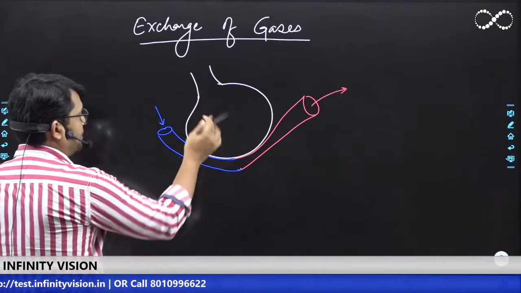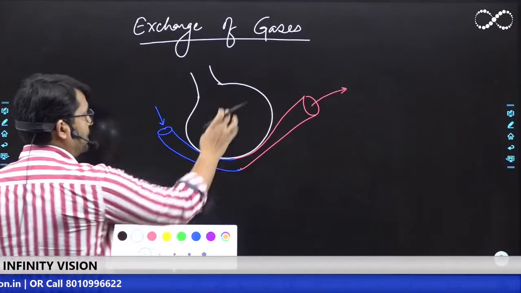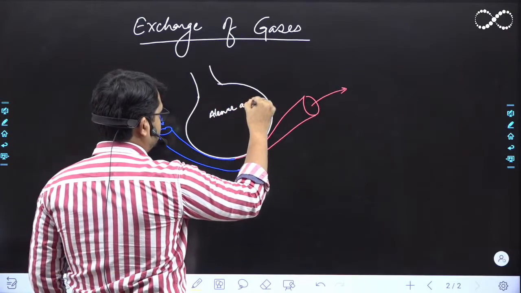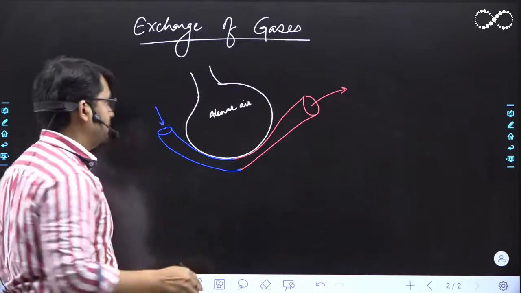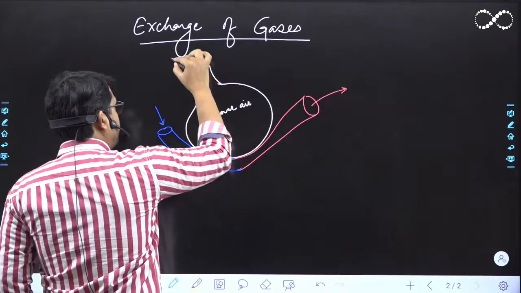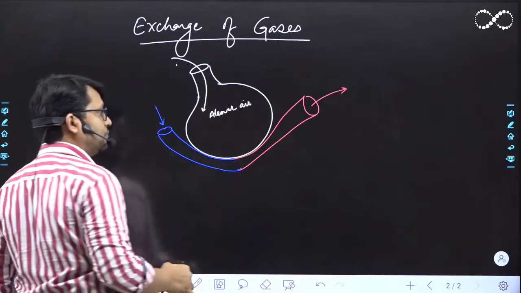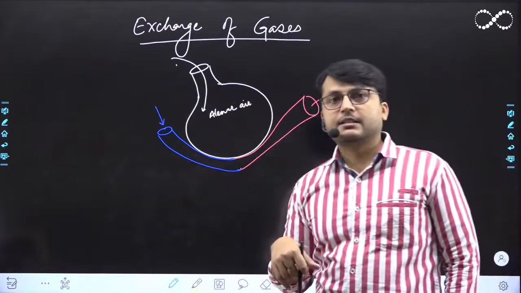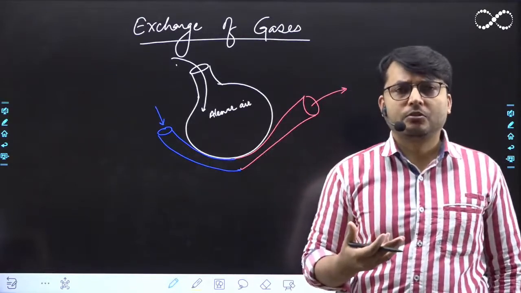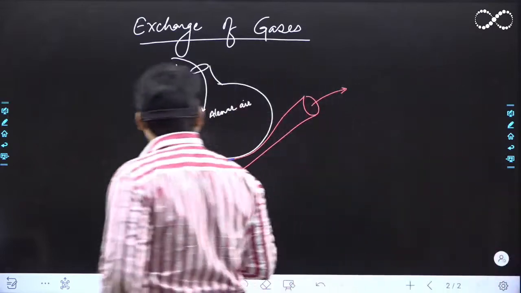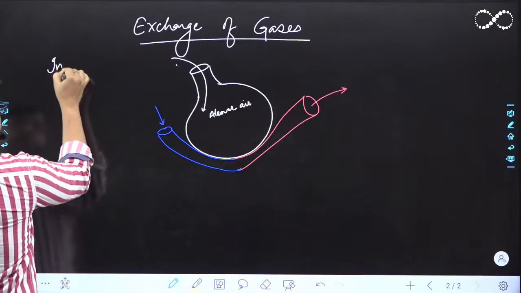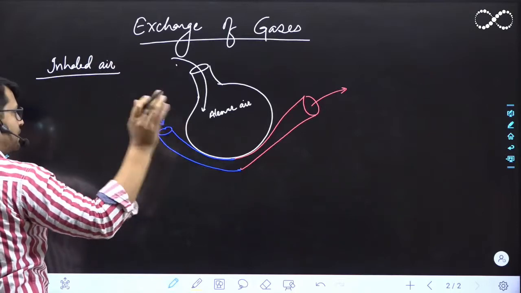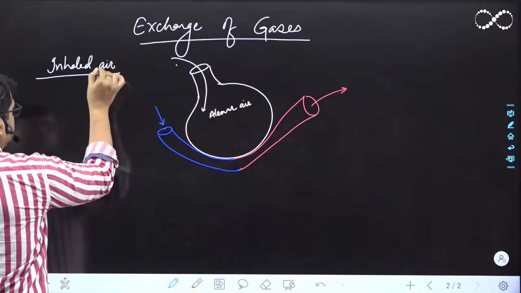So यहाँ पे देखो अंदर में यहाँ पे क्या है, you have the alveoli, this is alveoli, और इसके अंदर क्या होगा, there will be alveolar air. इसके अंदर जो air है उसको हमने क्या बोला, alveolar air. Okay, so once you inspire, the air comes in, right? And in the previous class we have already discussed that the inhaled air has higher partial pressure of oxygen, correct? देखो जो inhaled air है, यहाँ पे मैं लिख देता हूँ inhaled air, इसके अंदर नाइट्रोजन वगैरह सब कुछ होगा, है ना? It's complete air.